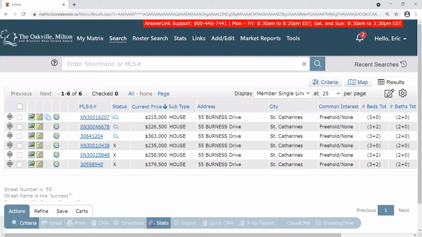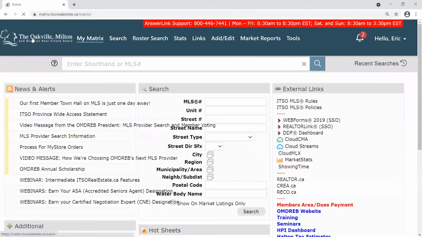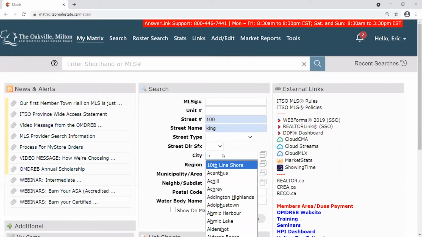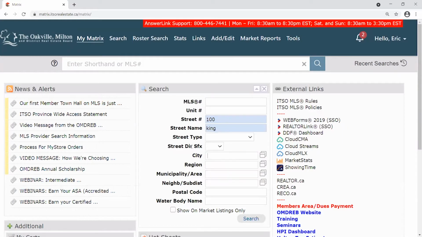So we did end up with our 6 listings here, for example. I'm just going to go back to the main screen and we could try some other ones just to get familiar with it. So that was 55 Burness. Right? What if I was to do something a little bit different? I told you at the start that that one was kind of unique, right? There might not be a Burness in every single city, but something a little bit different, like 100 King Street. Well, I might want to bring in some extra information, like Hamilton or whatever the case, or if I'm looking for something really specific, I might throw it in at that point. And that's because of one concept that we absolutely are going to be tackling once we get into the map function, is just understanding that